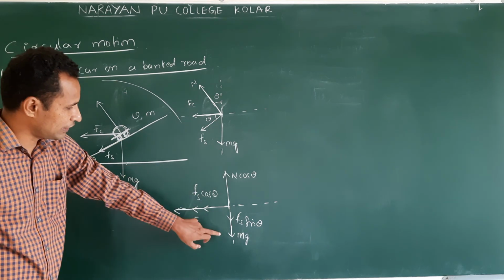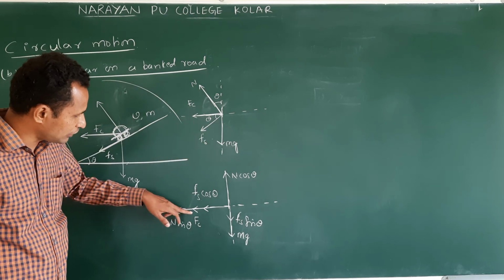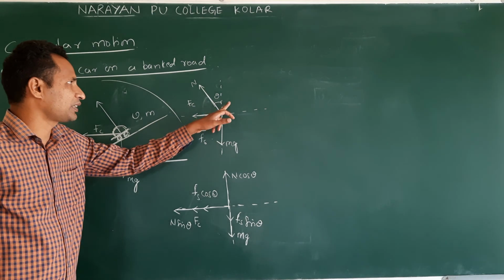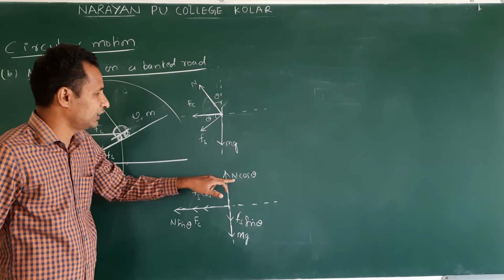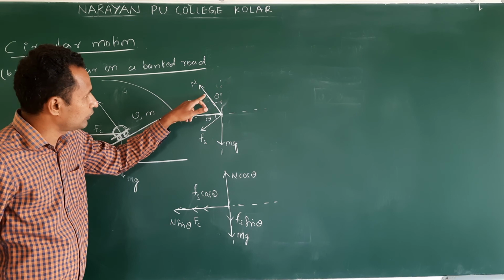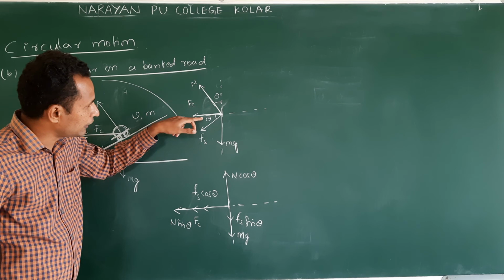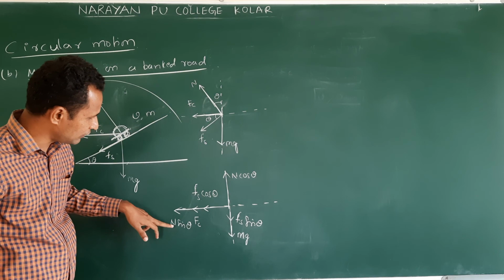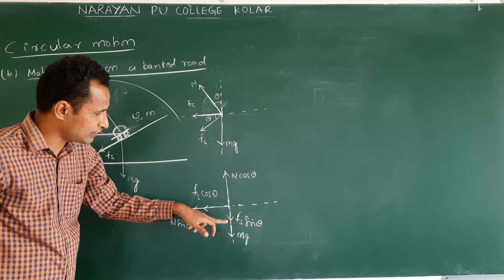Already Mg is acting in the y direction, I have written. Fc is also acting along the negative x axis. This normal reaction and Fs I resolve along y and x. Theta subtended side is cos theta, other side is sin theta. For normal reaction, positive y axis is N cos theta, and negative x axis is N sin theta. For frictional force, with negative x axis it is making an angle theta. So along negative x axis, Fs cos theta. Other, negative y axis, is Fs sin theta.